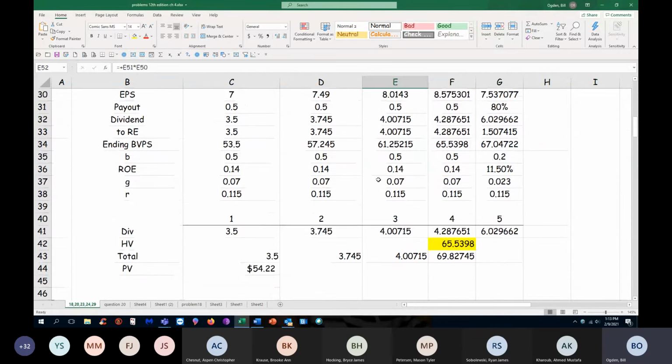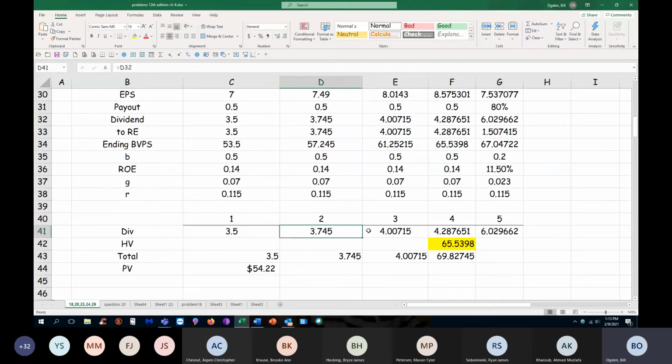Okay. So I have dividend 1, dividend 2, dividend 3. There can't be much argument there. And then I changed the payout to 80%. And then that changes the growth rate to 20% times 11.5 or 2.3%. So let's just do that one live if we could. So with an 80% payout, I have a dividend of 6.0297, divided by,